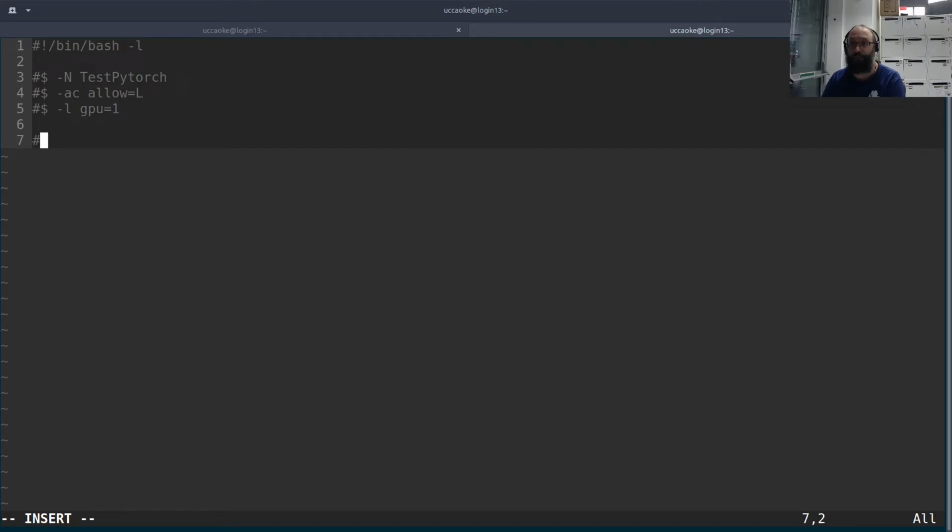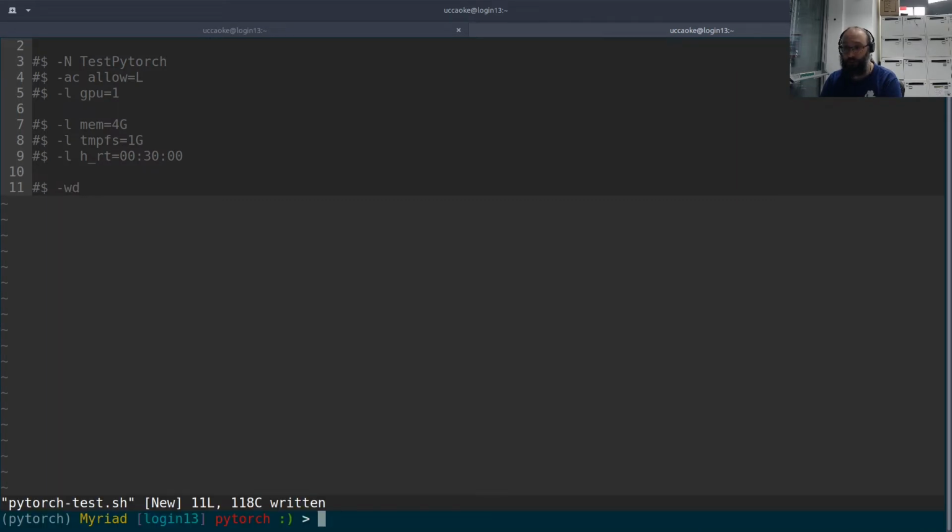And then there's the normal requirements, so we should give it some memory. And give it some tempfs. And give it a runtime. So that's mandatory for the flag, isn't it? Finally, you want to say where it's running. So where are we? We are